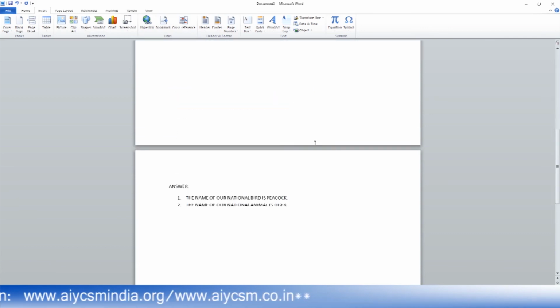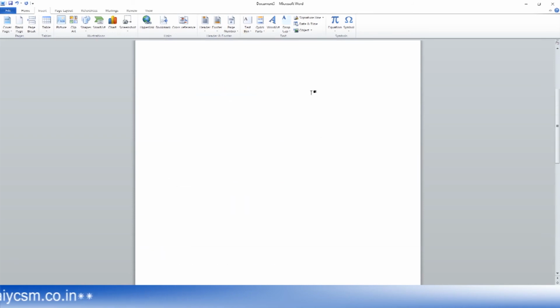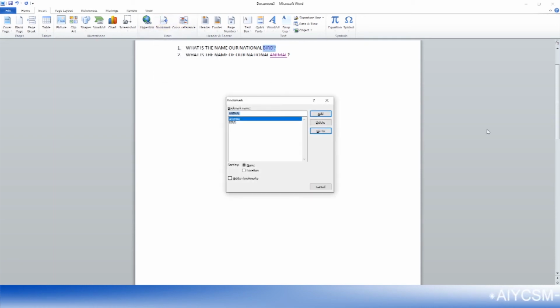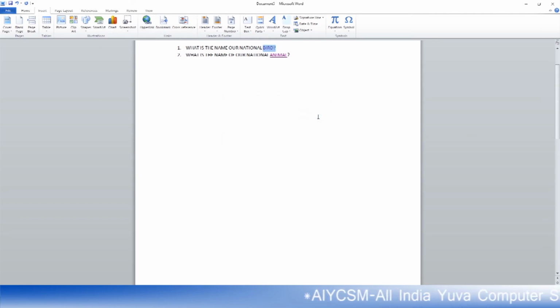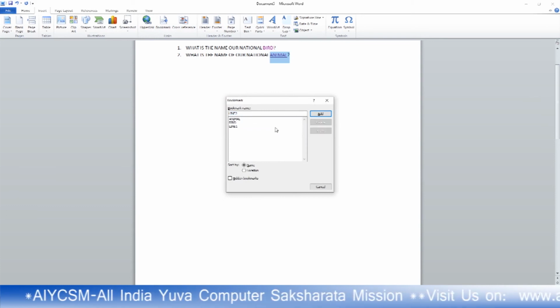So if you click on the bird, it will take you to the peacock. If you click on animal, it will take you to the tiger. If you want to come back from this one, then you have to create the bookmark in this hyperlink option. Bookmark, this is line 1, do not use spaces, and this is line 2,